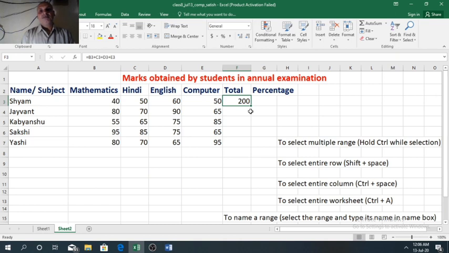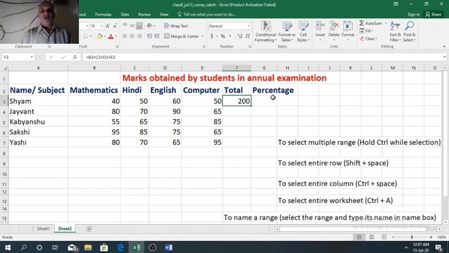Now see the border of this rectangular box, at the bottom right corner here. When you move your cursor to the bottom right corner of the selected cell, it will show a plus symbol that is known as the fill handle.